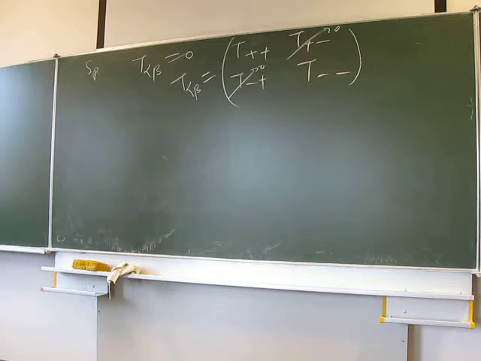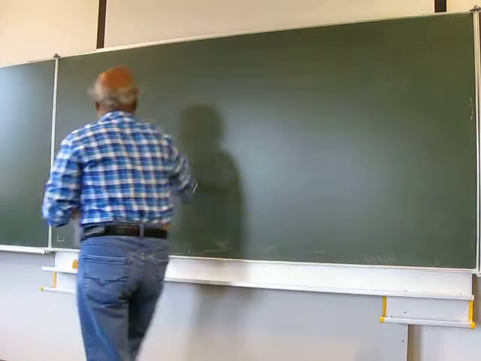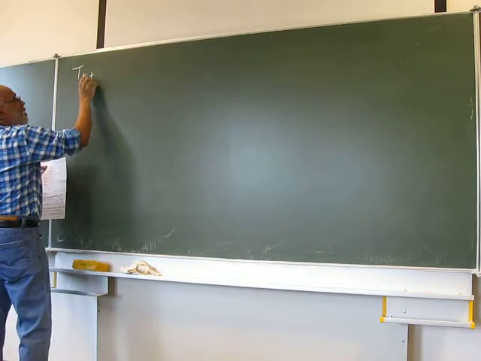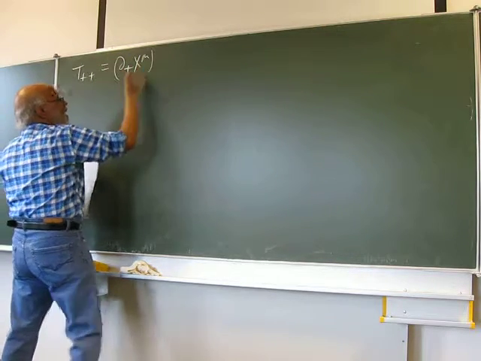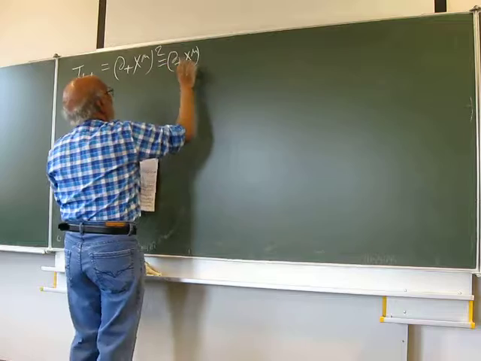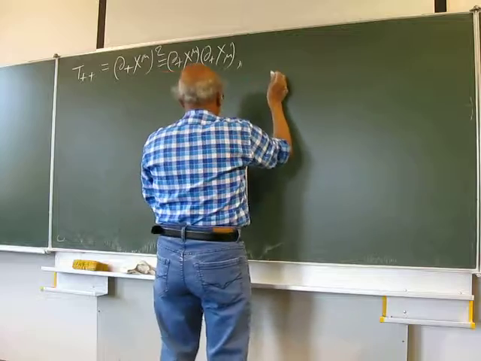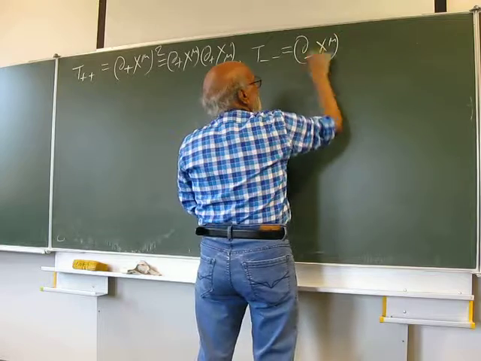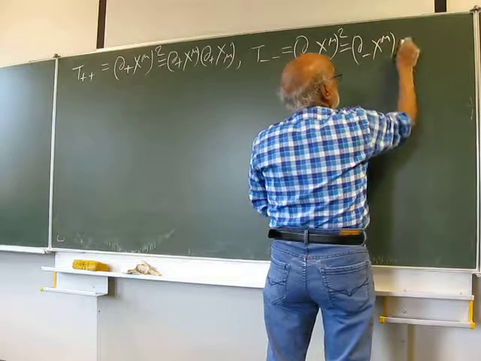So I write T plus plus is del plus x mu, maybe whole square, or del plus x mu, del plus x mu, and T minus minus is del minus x mu,